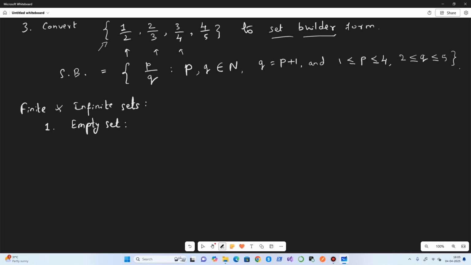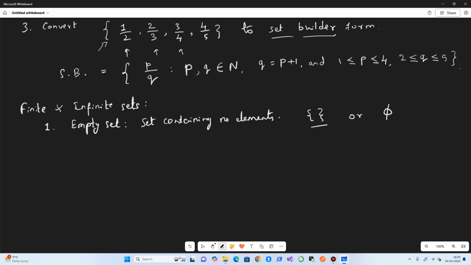The empty set is basically a set containing no elements. How do we represent that? Either you use empty curly braces, open and close curly braces, or we use another symbol, this phi.